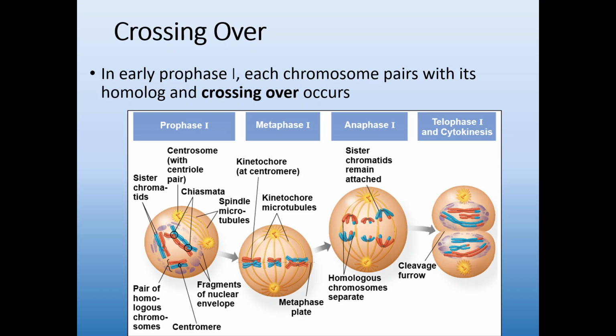So I've talked about crossing over a little bit already. This is where you have your homologous chromosomes. They meet up next to each other. They break off pieces of their genetic material, and then they swap them. So they're exchanging that genetic material. So this happens immediately during this process of meiosis.